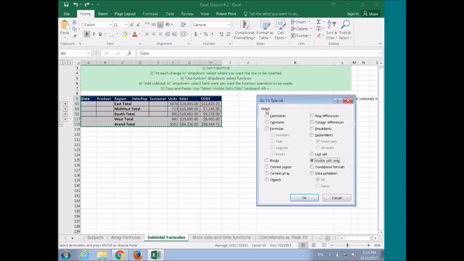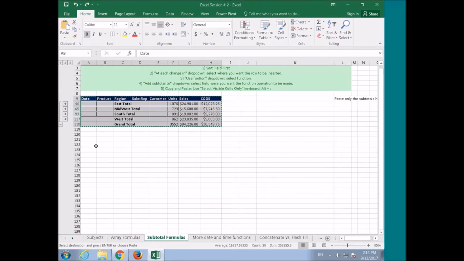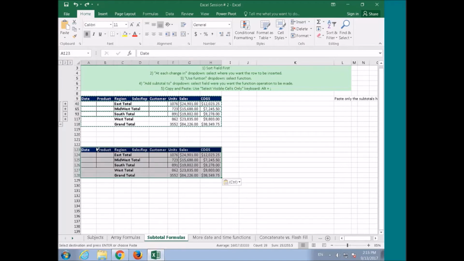So now what it's going to do is select the visible cells only here. Click on OK, and now if I copy, Control C, and I come in here and I Control V, then I have just here my data. You see how there's no group? So this way I don't have the burden of all of my data under the